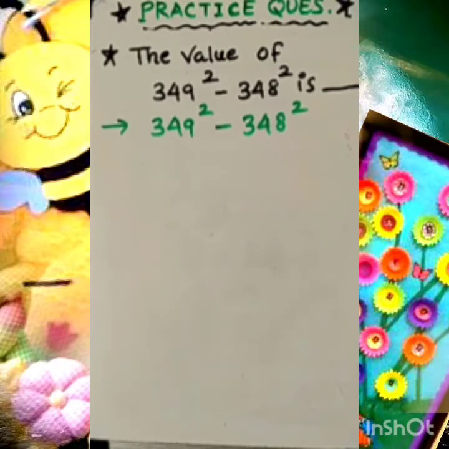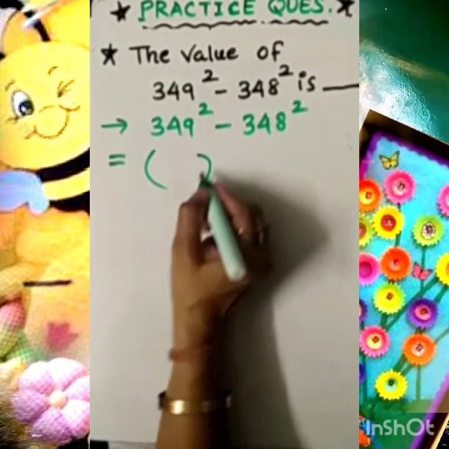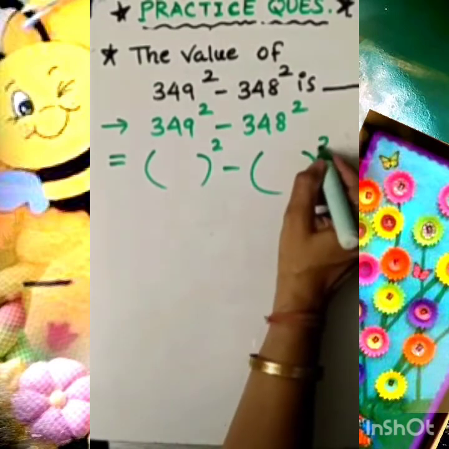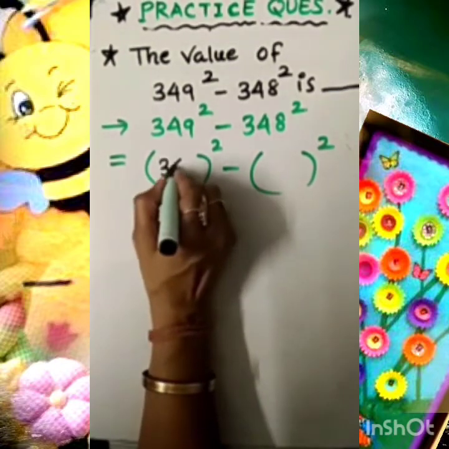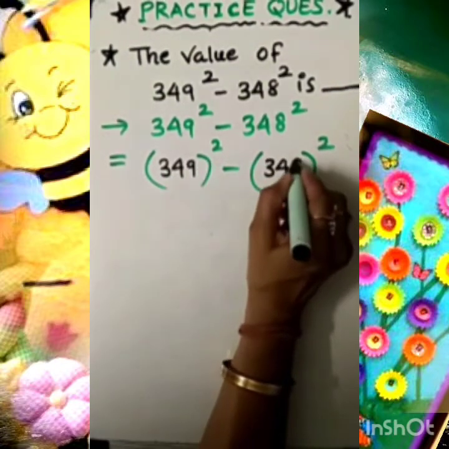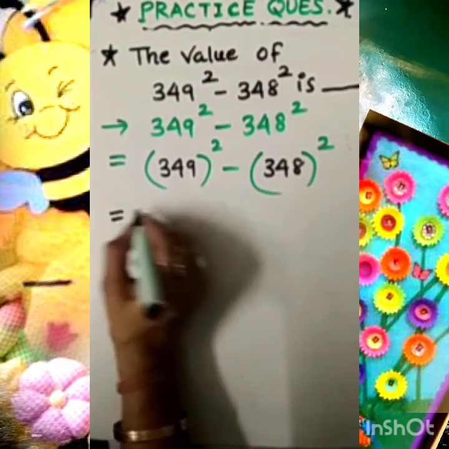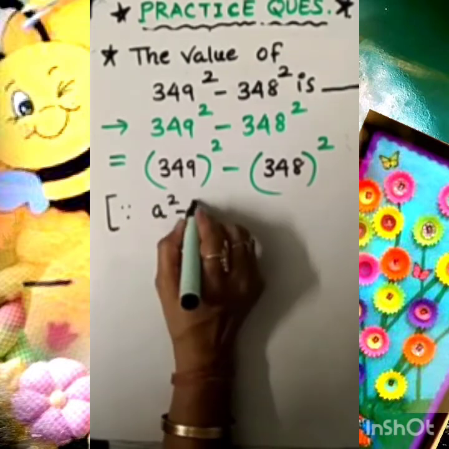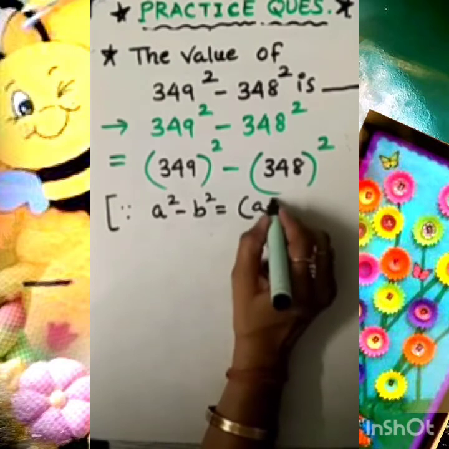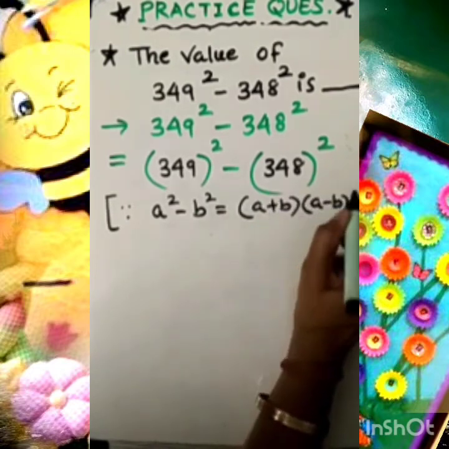But this is not the right technique. We do not have to go with that technique, as we are already well aware of the different identities. So use your common sense and mind and try to apply which identity can be applicable here. So my dear student, here you can see the numbers which we are given are 349 and 348. It's the whole square we are writing. So this identity we are comparing with: a square minus b square is equal to a plus b, a minus b.